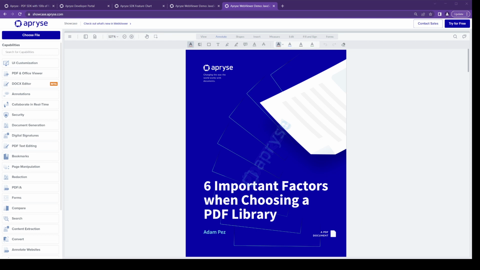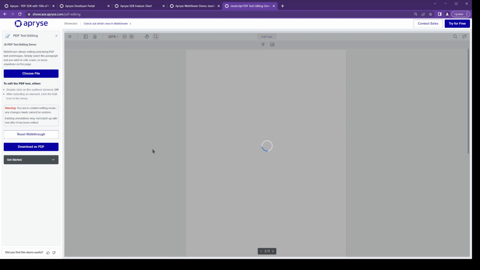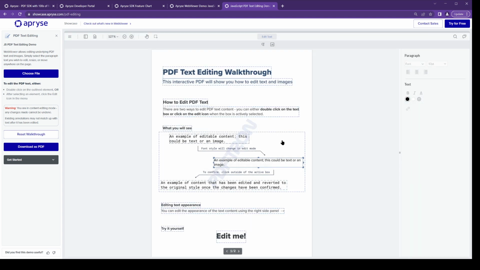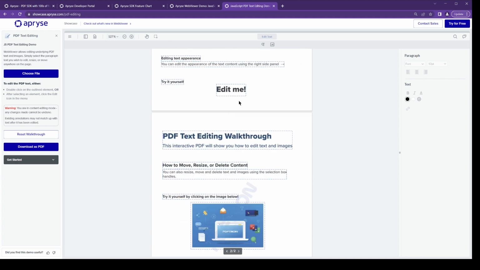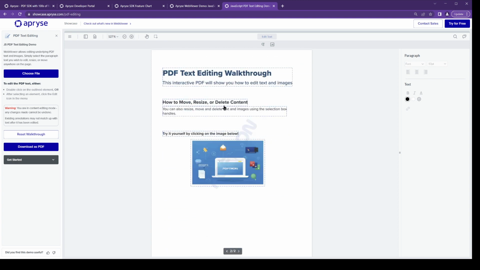Beyond just making annotations or filling out forms, we actually offer deeper editing of PDF documents within the browser as well. Specifically, due to technology that we acquired from Iceni, we're able to detect paragraphs on a PDF page itself and enable the editing directly of that text. So here, for example, we have a sort of PDF text editing walkthrough. As you can see, this document has a lot of existing paragraphs and so on, as well as image content. And we can click on that and start to edit it